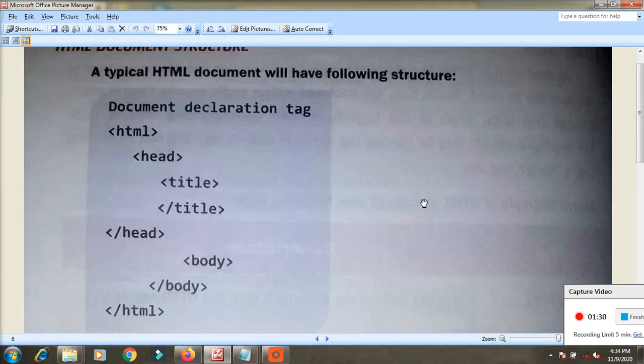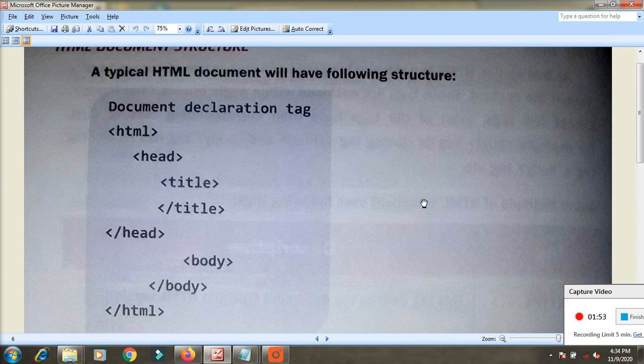Next is the HTML document structure. How will you mention and declare the HTML tags? Which one has to come first, which second, which is last, and which is innermost, we need to study first.